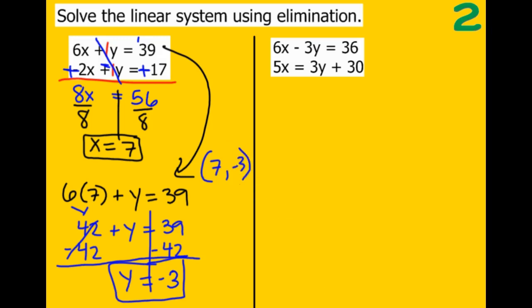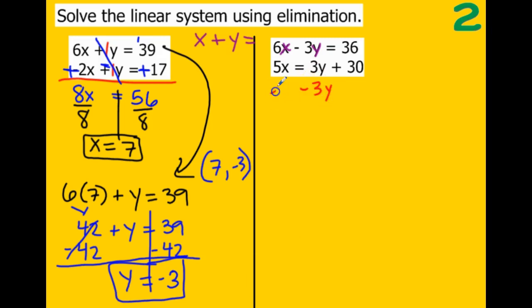Now this next one looks a little bit different. All of the ones we've had so far are in standard form, where we have x and y on the same side. You have to have them in this form in order to eliminate. So here we have x and y. Well, here we have x and y, but they're not on the same side. So I need to move this y over to the other side. So to move it, I'm going to subtract